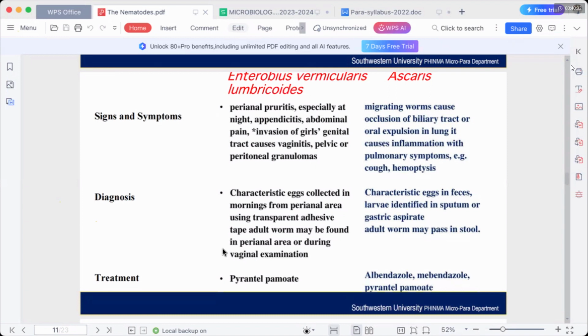For the diagnosis, very simple. Direct microscopy using the Scotch tape technique or adhesive tape to get the eggs or the adult worms. Usually we do this during dawn time. So if you remember,